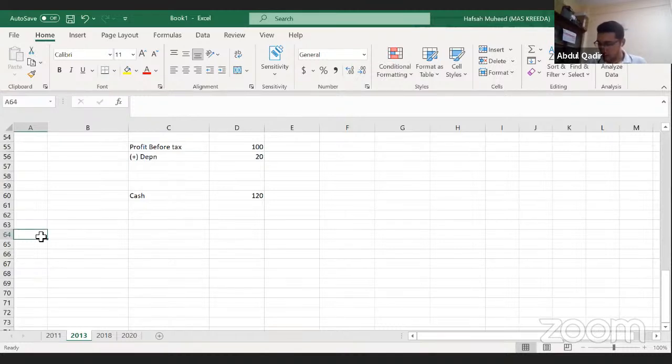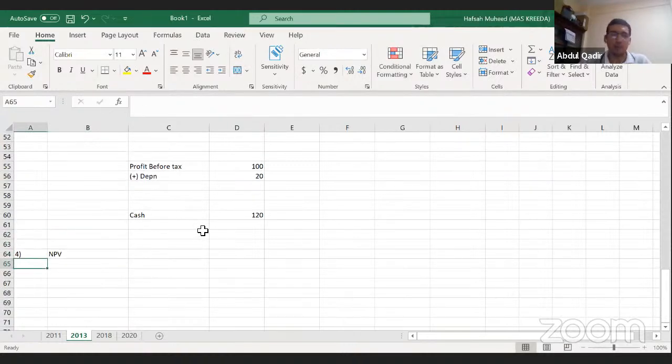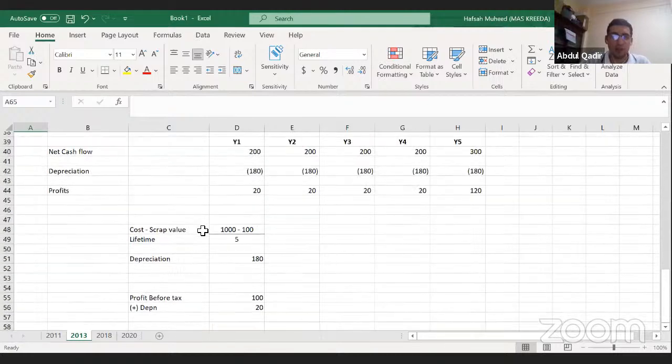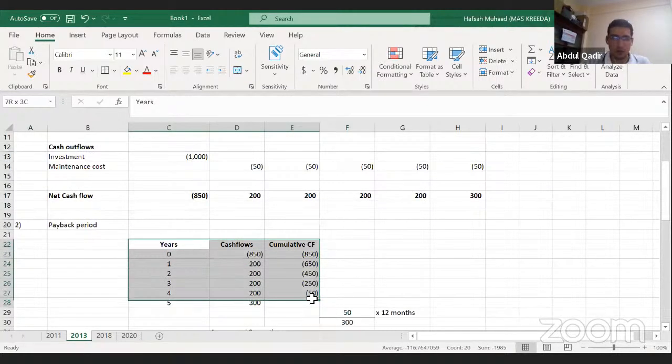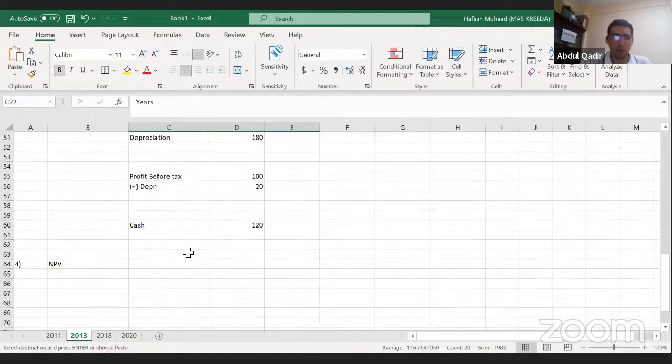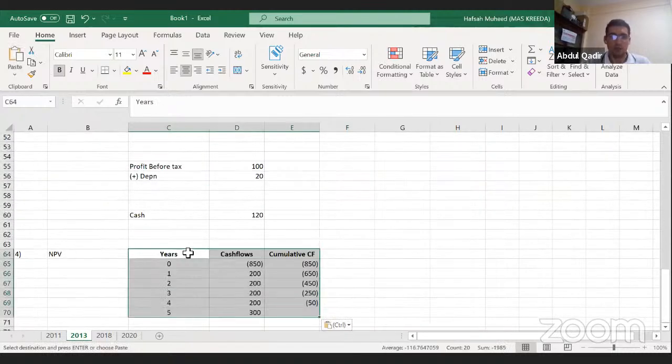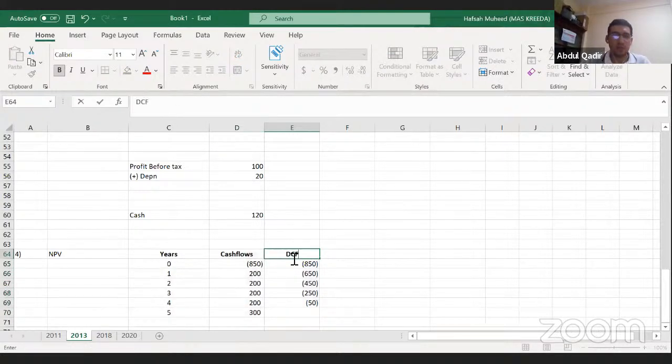So the final one, not the final one, the fourth one says net present value to calculate, and the final one says to recommend whether you should purchase or not, right? So the fourth one is NPV. So here also we will use a similar format like the payback period. Just going to copy this, paste it here. We have taken all the information. Yeah, so I think here we have the cash flows.